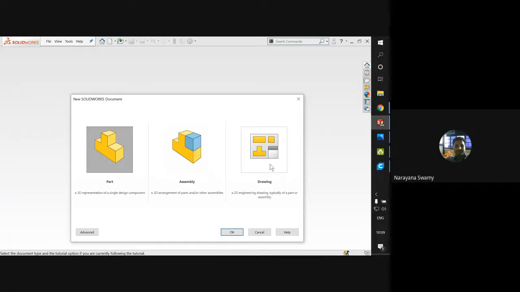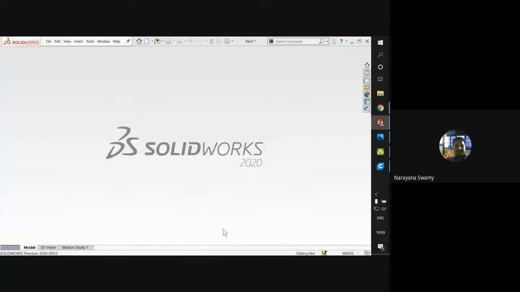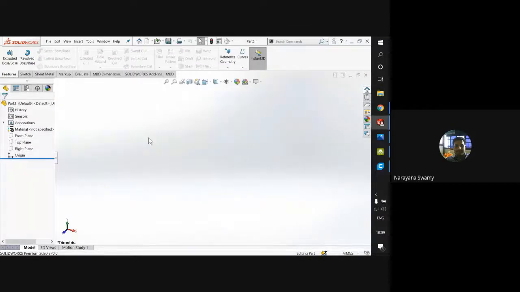The information regarding the dimensions, the top or front views, and the different components we are going to use, all those things will come in a drawing. But we are not going to touch on all these things. We are just going to talk about a single part, which we can develop using this. So click on Part and go with the part dimension. Here we'll get an entire picture where we can draw.